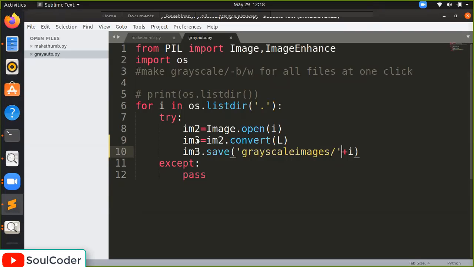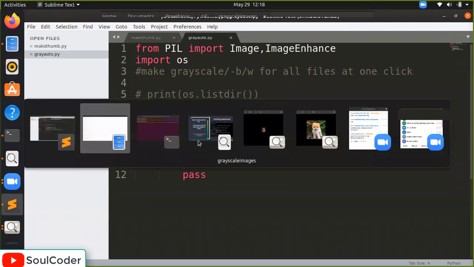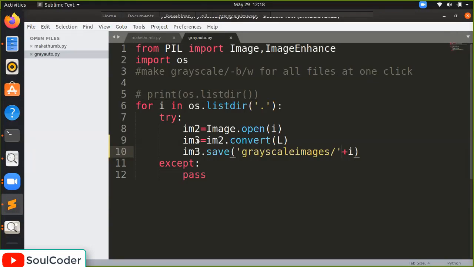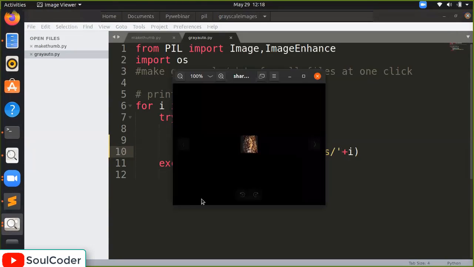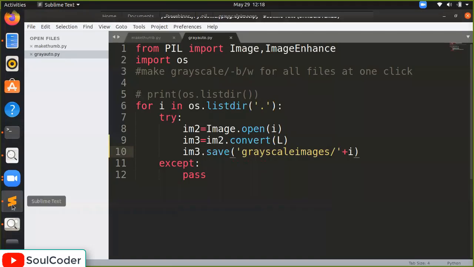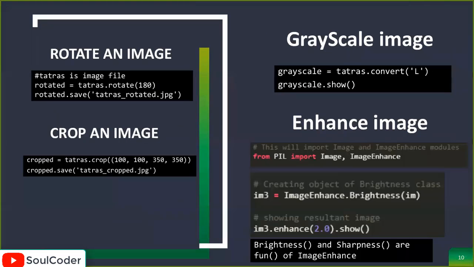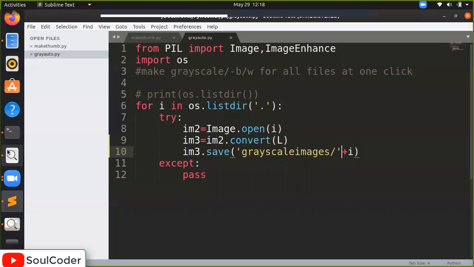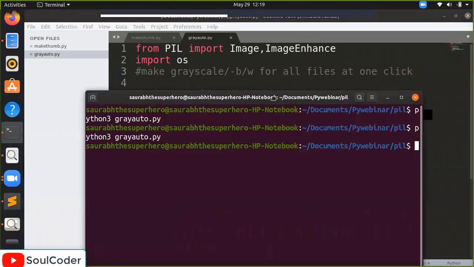Let me think what exactly is happening over here. Let me close all the things and move towards our slide. I open the image, then convert, and when we are saving it, it should work. No error here.